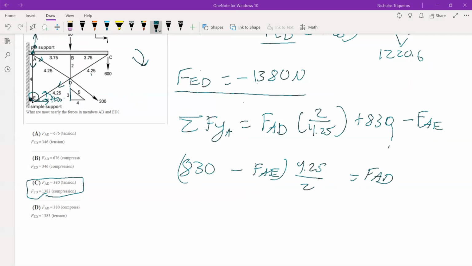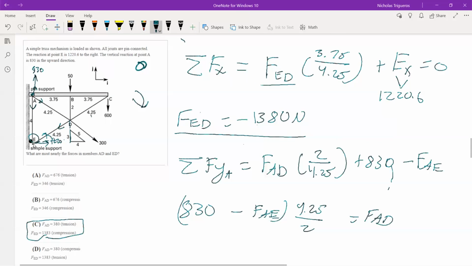Yeah. We just gotta get FAE. FAE we can get, okay. Is FAE FED times sine of the angle? That's what I'm thinking. That would be